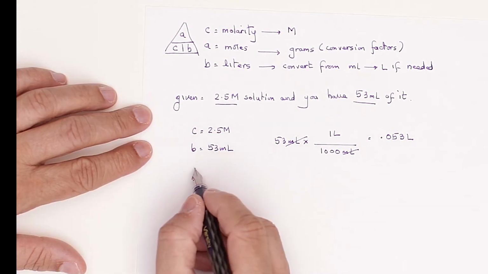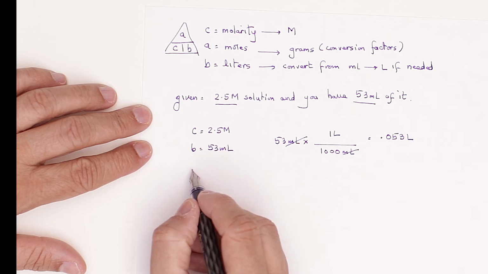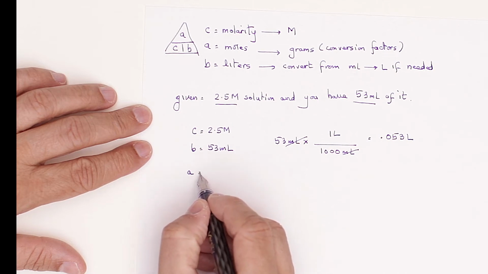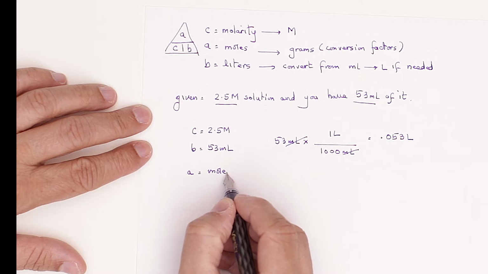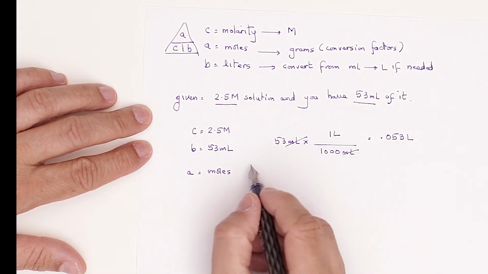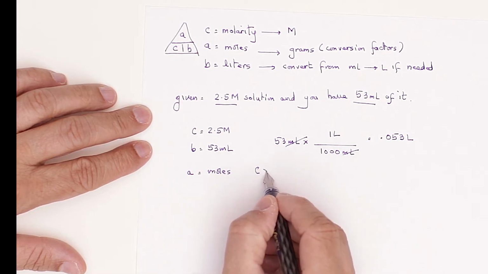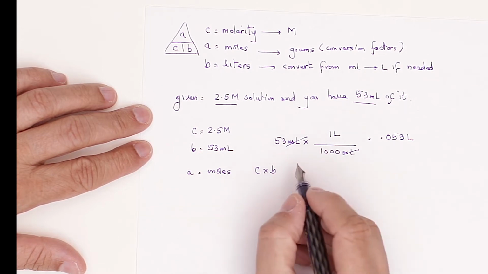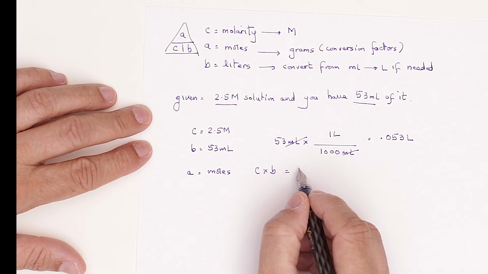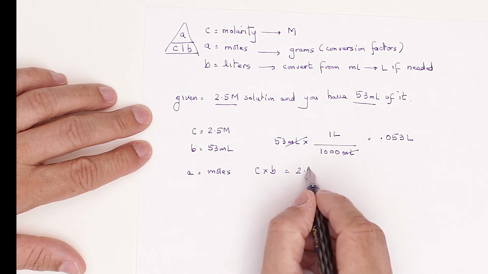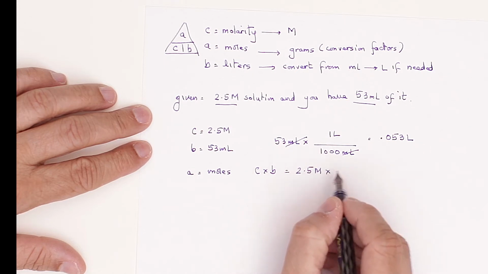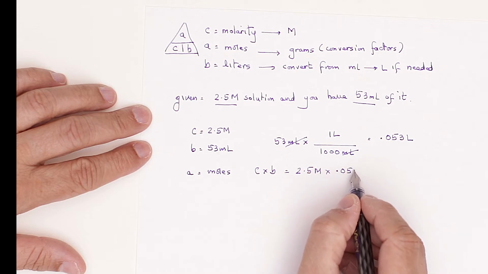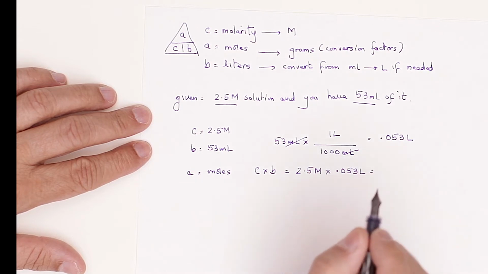So in order to solve for A, which is moles, we need to multiply C times B, and C multiplied by B is equal to 2.5 molar multiplied by 0.053 liters, and the answer is in moles, and that is